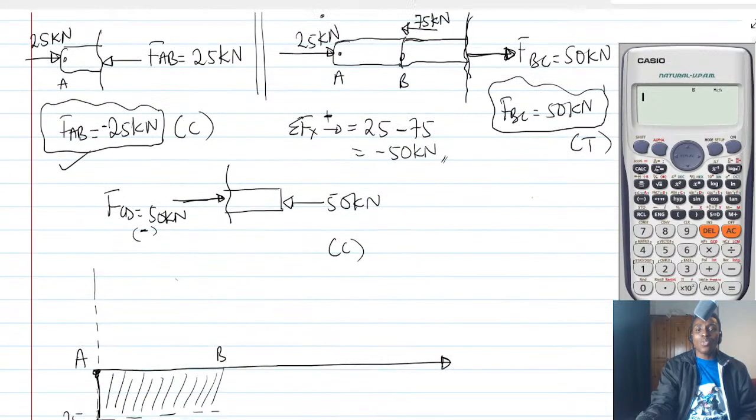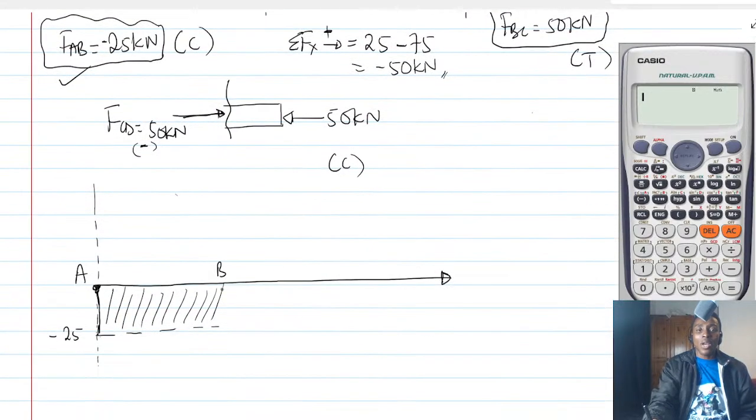FBC, which is 50, which is tensile. So that one will send you up. So actually you go up. But because this is 25, this is also going to be 25. So that this will be 50. So here is what? 25. And then you were constant out